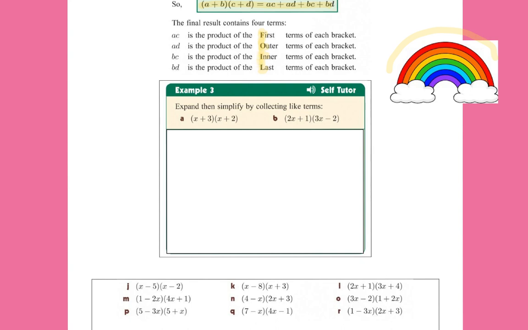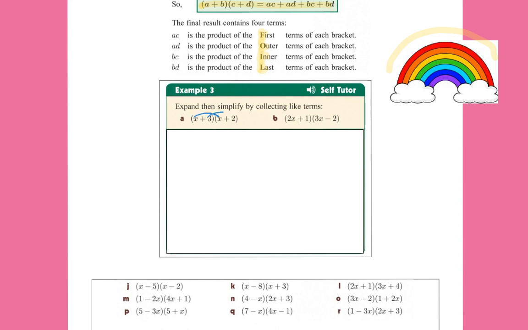So I'll explain the FOIL, it's the most common. First means the first term of each bracket is multiplied by each other. Outer, the outer terms of each bracket are multiplied by each other, the inner terms, and then the last terms. And then I might try and do this one